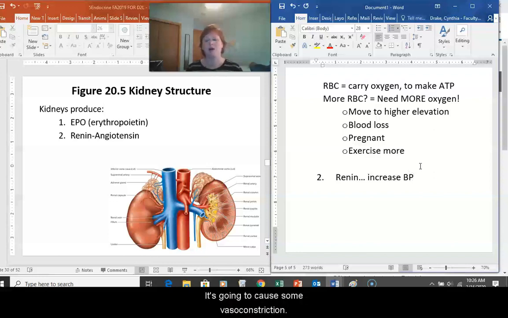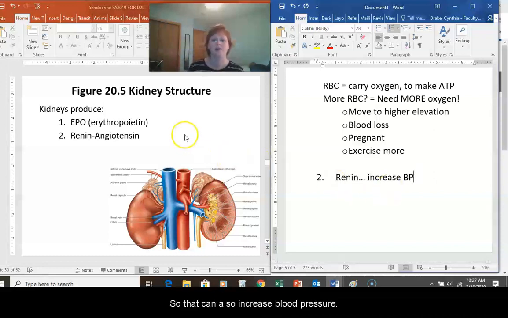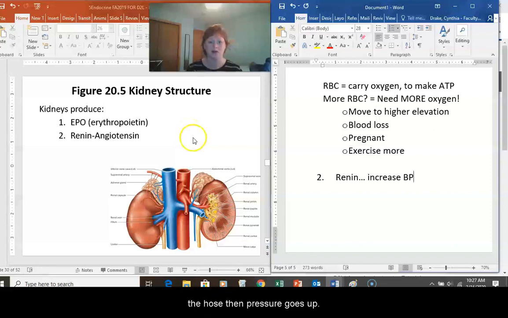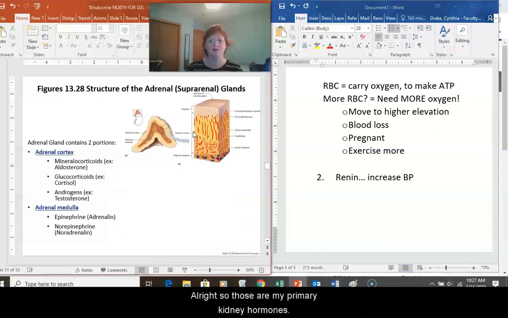It's going to cause some vasoconstriction, although in certain circumstances it can cause vasodilation, so that can get a little bit confusing. But it can cause some vasoconstriction, so if I tighten up those blood vessels, then that increases pressure, right? You're putting your thumb over the end of a garden hose that causes the water to shoot farther. And it also increases cardiovascular activity. So that can also increase blood pressure. If I turn up the faucet and I'm putting more water through the hose, then pressure goes up. All right, so those are my primary kidney